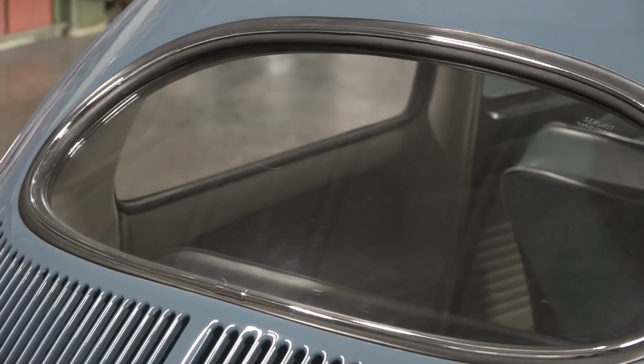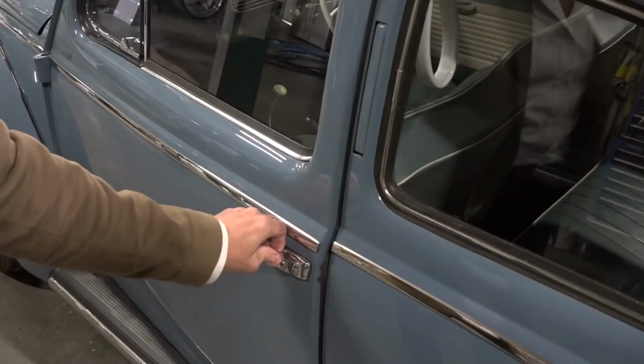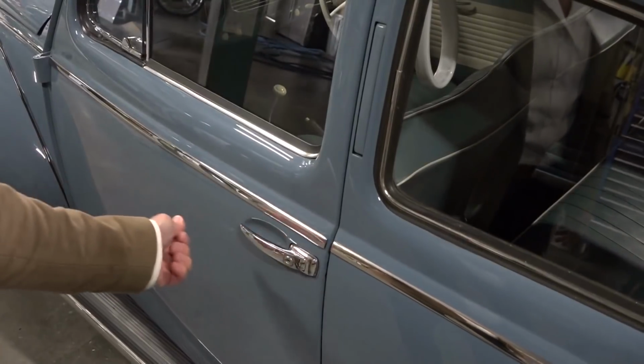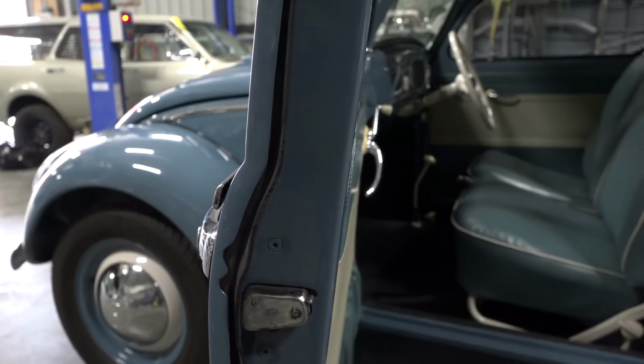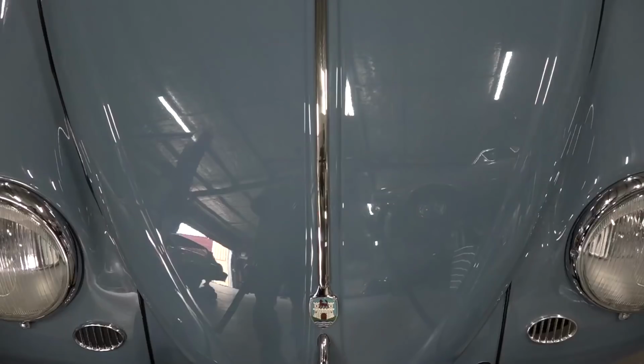Now this oval window here, beautifully restored. This is a Concours car. I can't believe how nicely the doors close. I don't think I've experienced the closing on any Beetle door as nice. Absolutely beautiful. And even the bonnet,